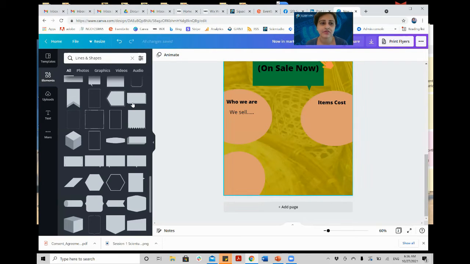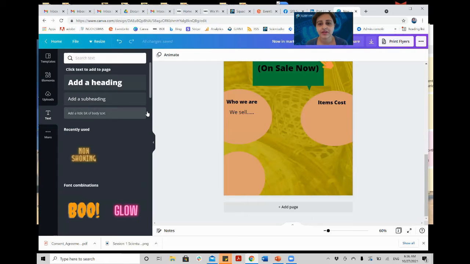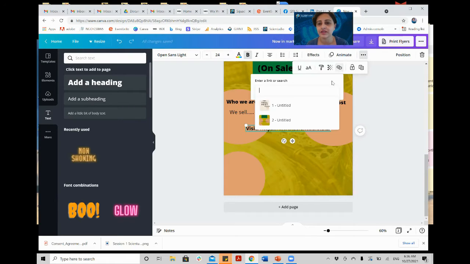You can even put a link. For example, I am typing a text and I'm typing visit, for example, https www.signstudio.biz. Okay, so this is the website. I want people to visit this website, so I will make a little board, and I can copy this and go here, three dots, and use this link, and I can add this link here too.